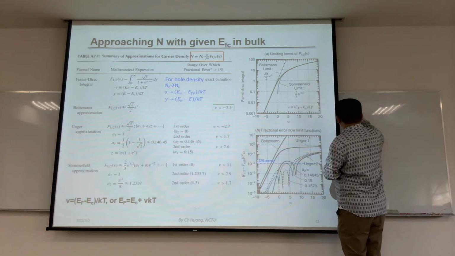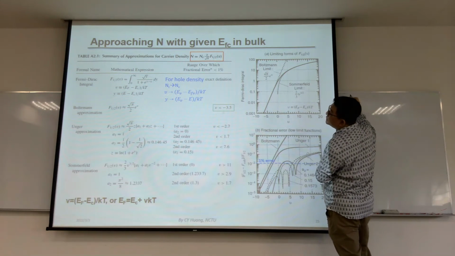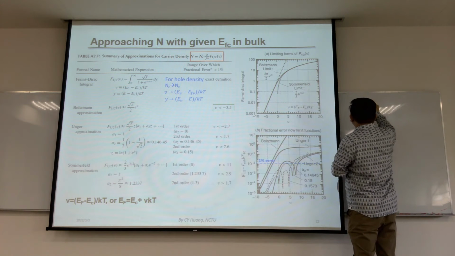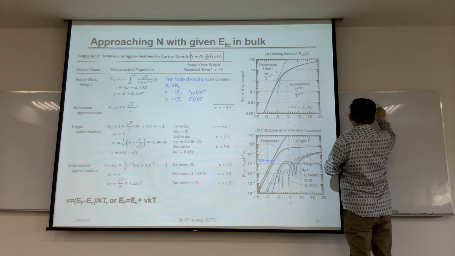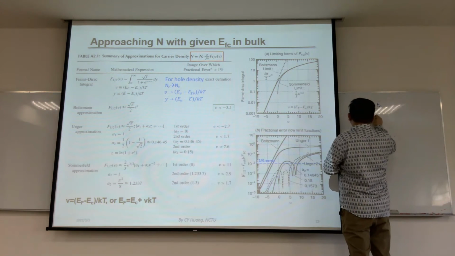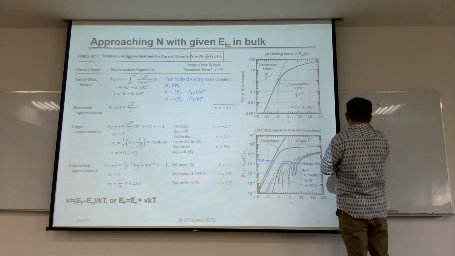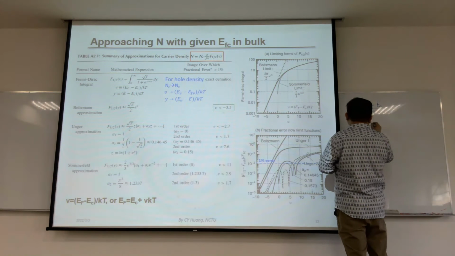B is equal to EF minus EC over KT. So B less than minus 3.5